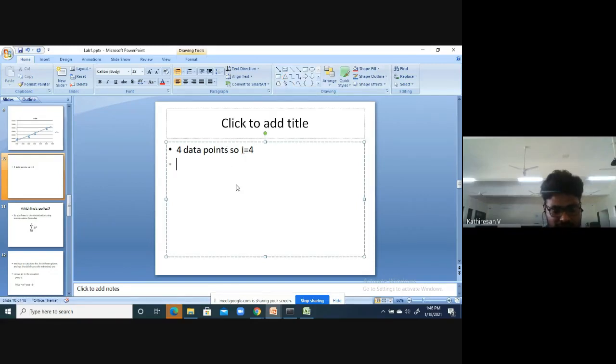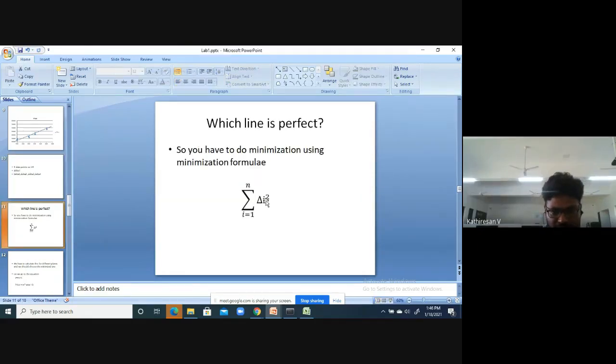If i is 4, it starts with delta 1, delta 2. i is 1 to 4. So delta 1, delta 2, delta 3, delta 4. It will come like this, right?